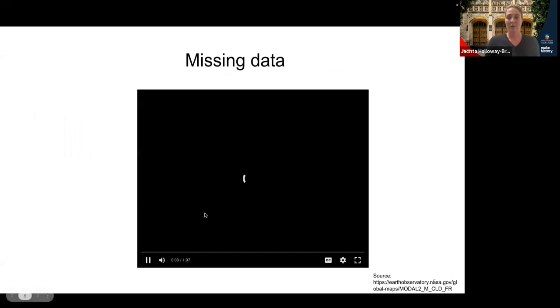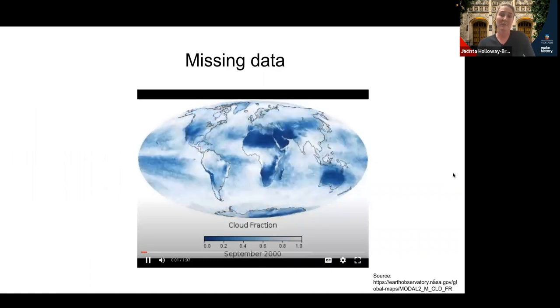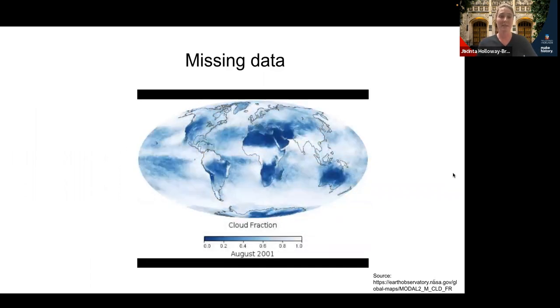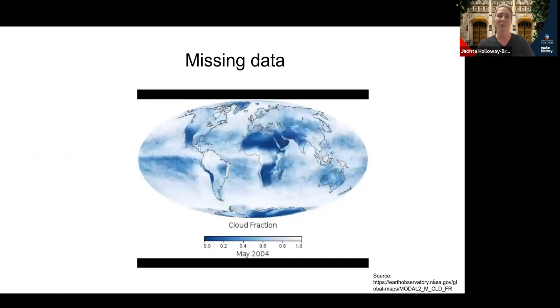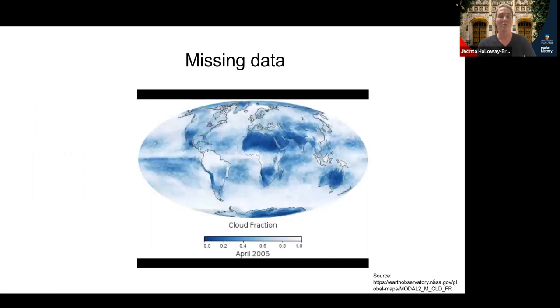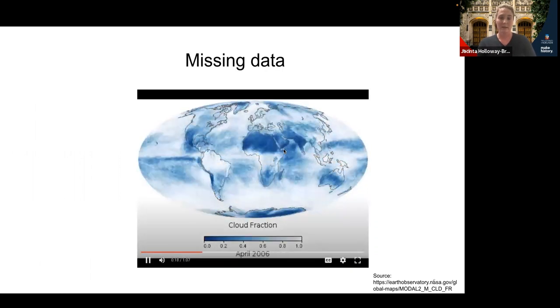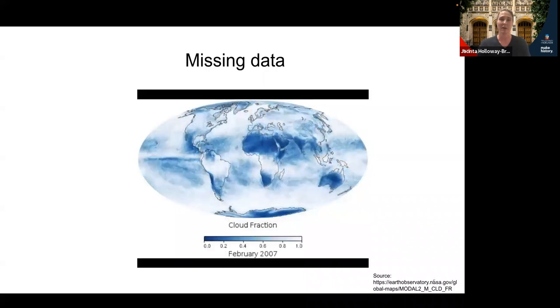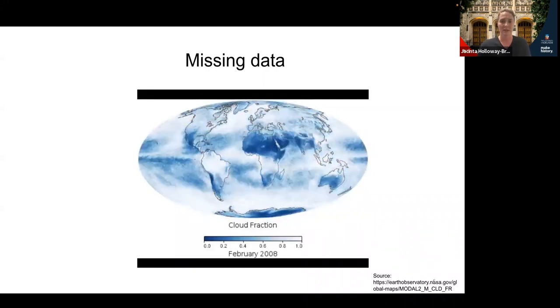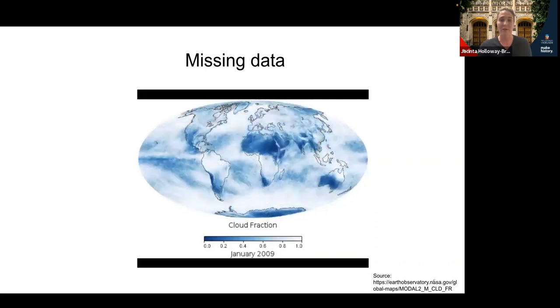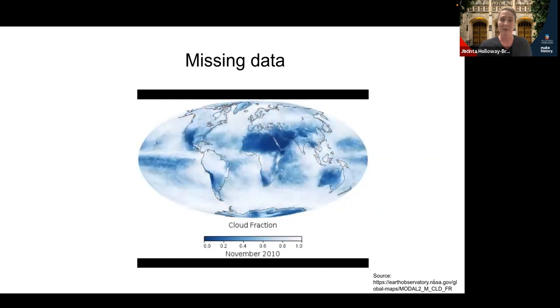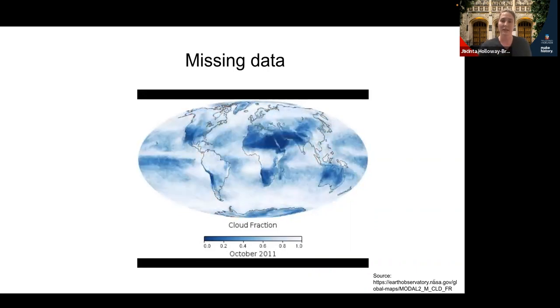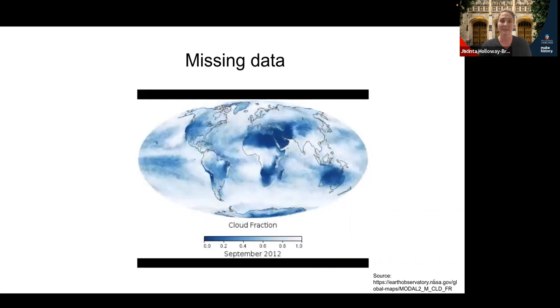So the problem that we have though, with these free satellite images, which we have a really long time series of data from, we have data going all the way back to the 70s and 80s at very different resolution to what we have today, but it's still available. Now, what you can see in the visualization here is a NASA cloud product, and this product shows the average cloud cover, in this case, across each month over a number of years. Where you can see white, that is cloud cover, and where there is blue, that's where the satellite's able to get an image of the Earth, what's underneath the clouds.